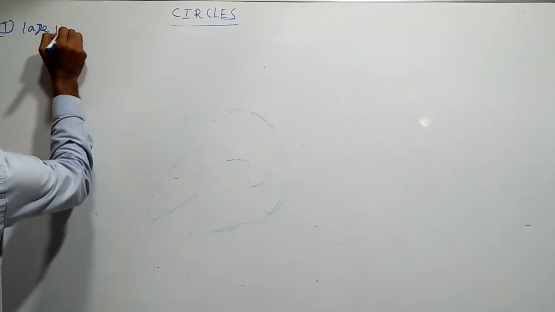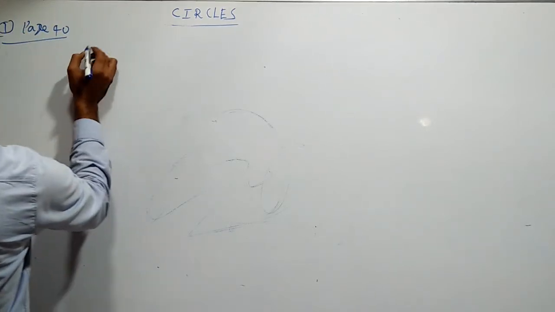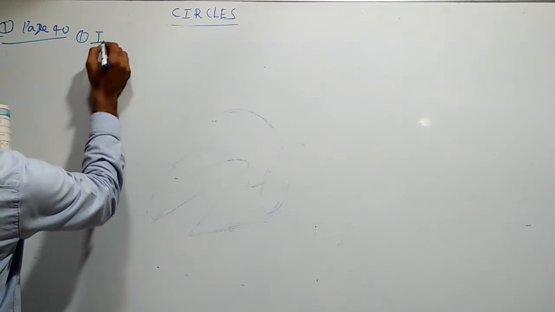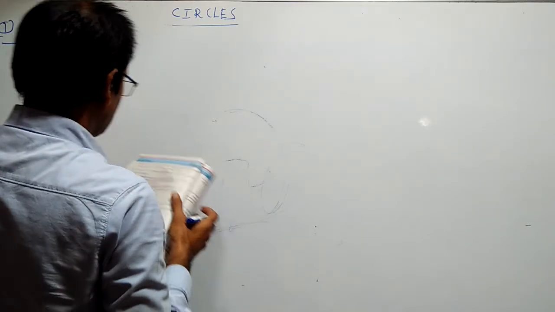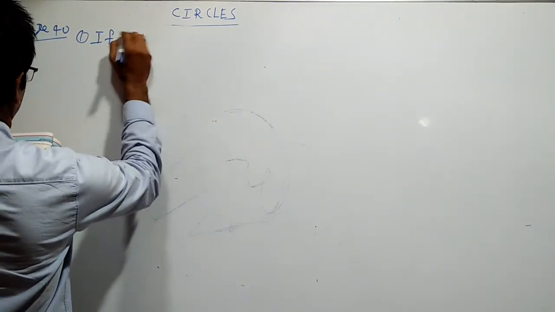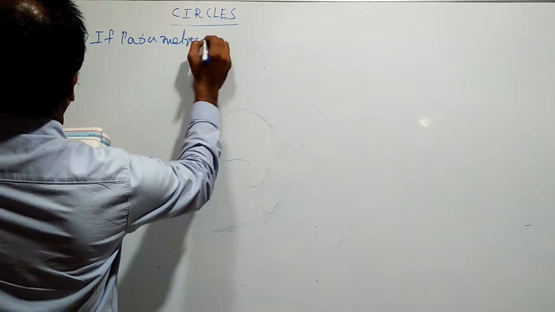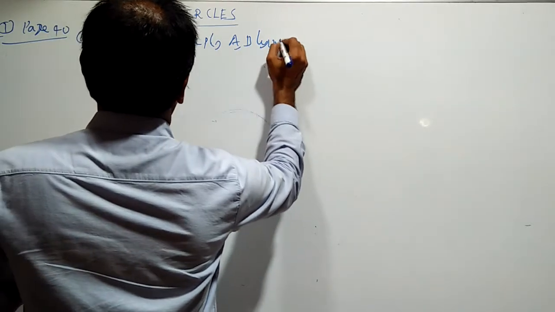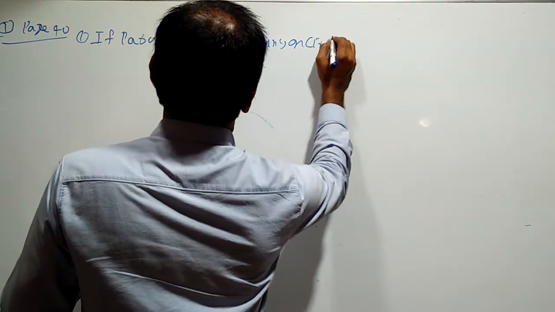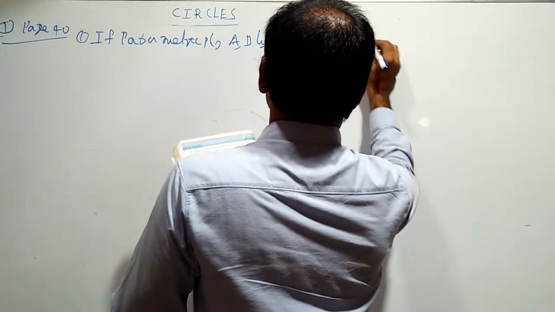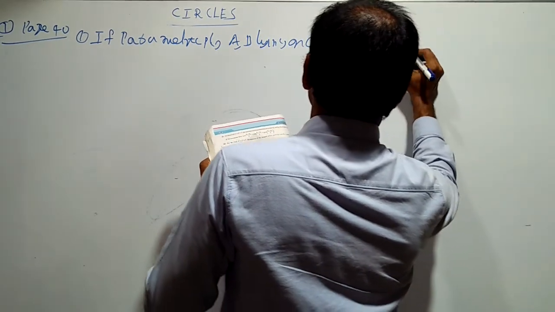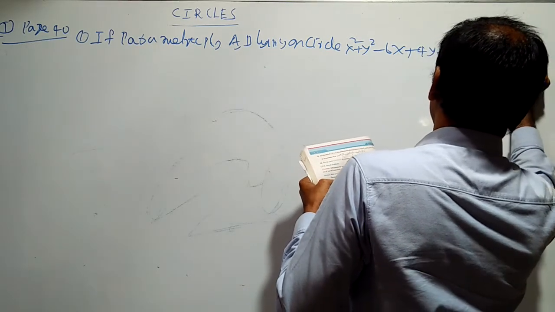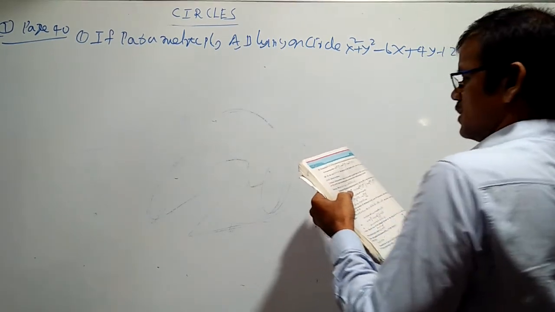Example 1, page 40. For objective MCET bits only, I am discussing this sum, students. If the parametric points A, B lying on the circle x square plus y square minus 6x plus 4y minus 12 equal to 0 are 30 degrees, 60 degrees,